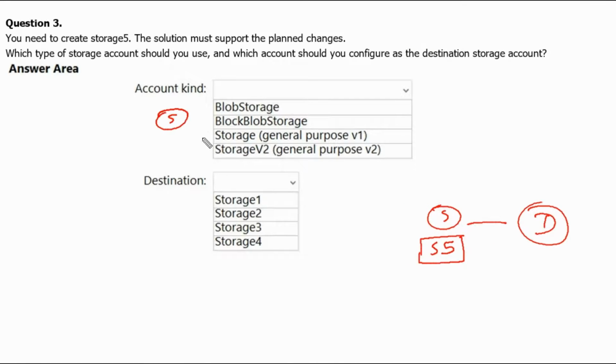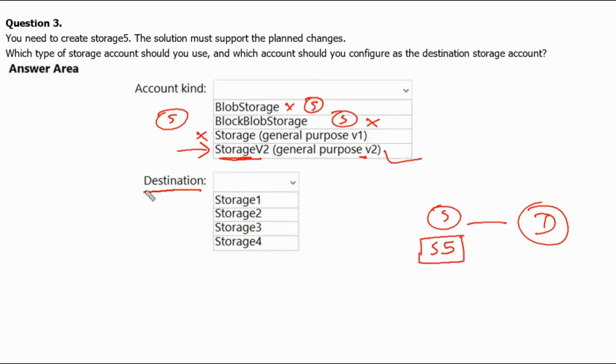Therefore, for the source storage account, we can use general purpose v2 account. Storage general purpose v1 is legacy account which cannot be used. The blob storage account is a standard storage account, therefore it cannot be used. For the source storage account, storage V2 is the correct answer.